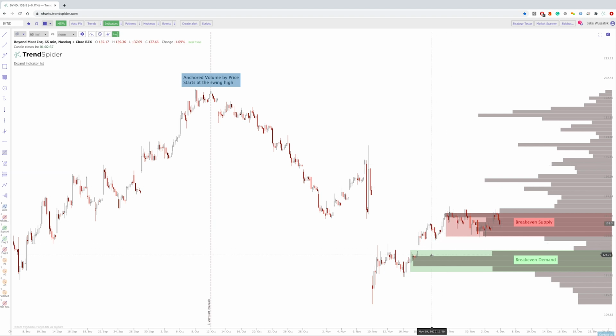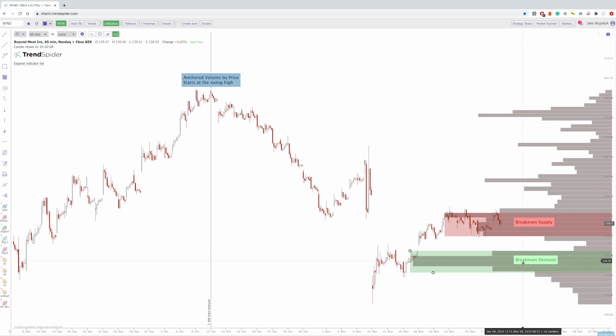The point of control on the volume by price is really only looking at one volume node. With a volume shelf, you can see here I've highlighted this entire range of volume. It's more or less an area of volume rather than just one particular volume level. So you can see here, anytime the price is at or above the current volume shelf you're looking at,